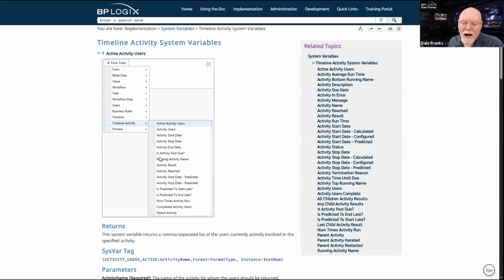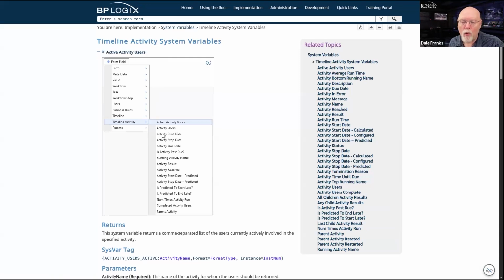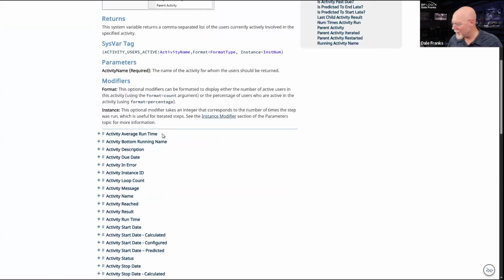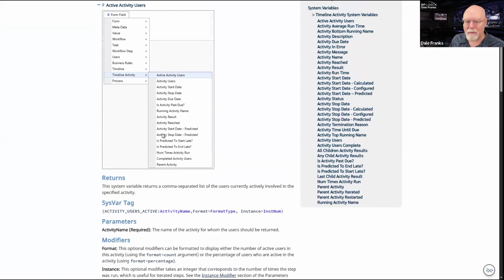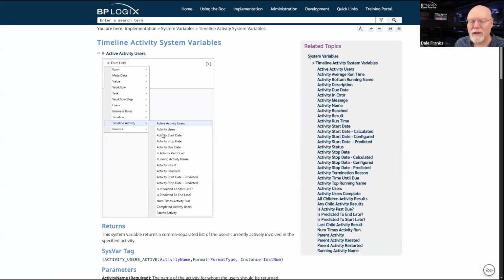So determining what system variable to use in that context might be a little more complex, and it's going to depend entirely on what you want to see and what users should appear. And that's going to depend, obviously, on who is active at any given time and whether that's even what you want to see or whether you want to see all 5 of them. So anyway, a little wrinkle in pulling activity users back.